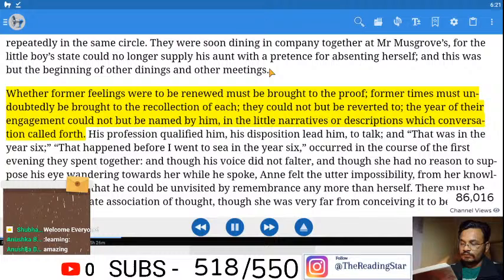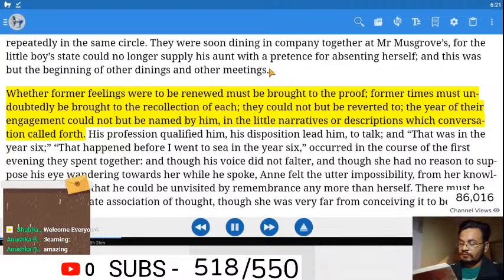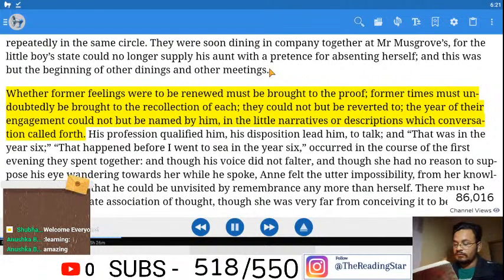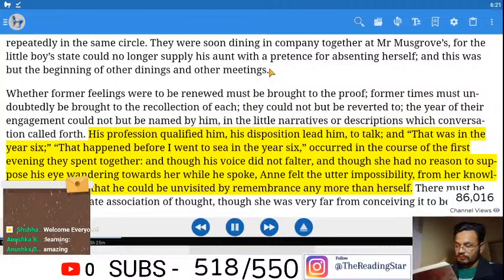Whether former feelings were to be renewed must be brought to the proof. Former times must undoubtedly be brought to the recollection of each. They could not but be reverted to. The year of their engagement could not but be named by him, in the little narratives or descriptions which conversation called forth. His profession qualified him, his disposition led him, to talk, and, "That was in the year 6, that happened before I went to sea in the year 6,"